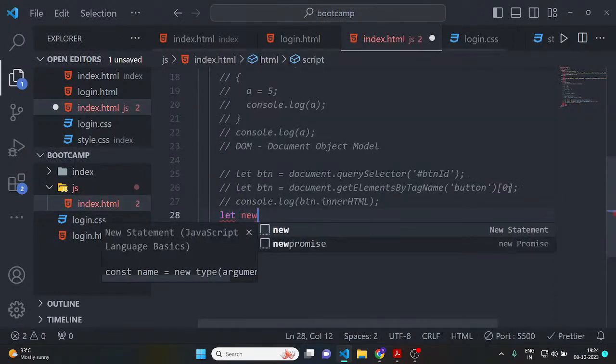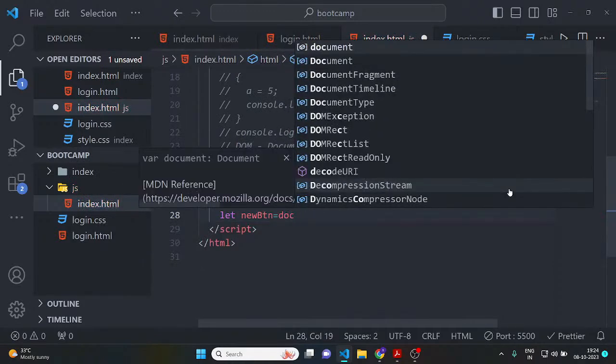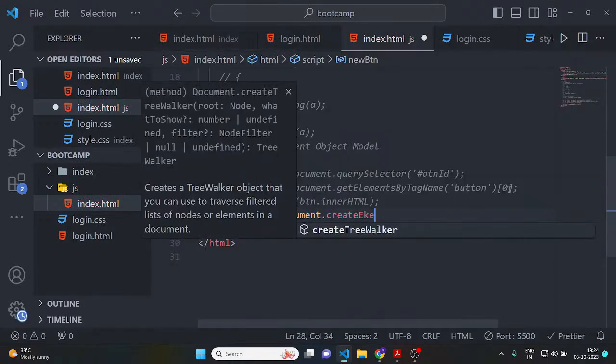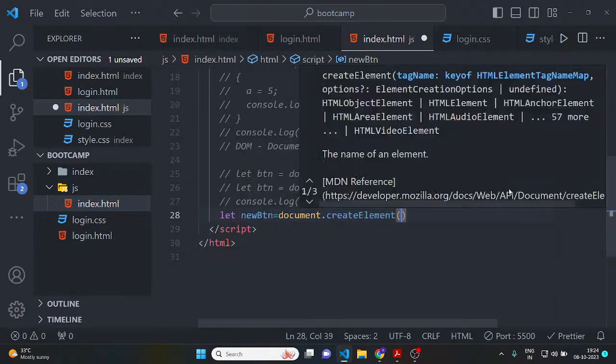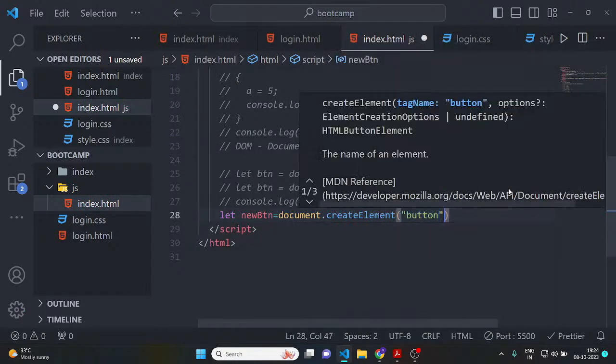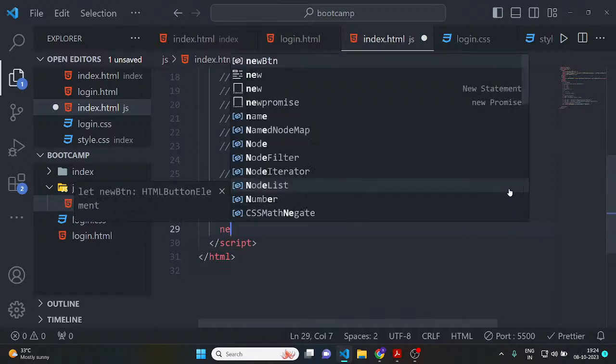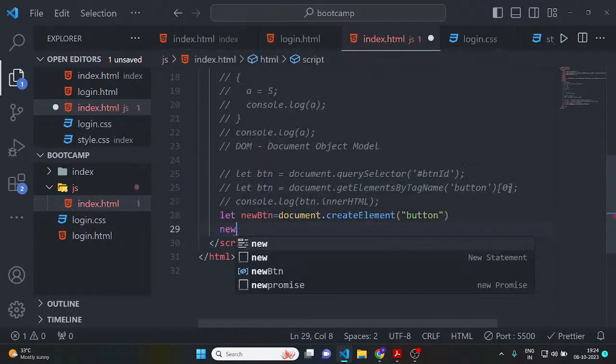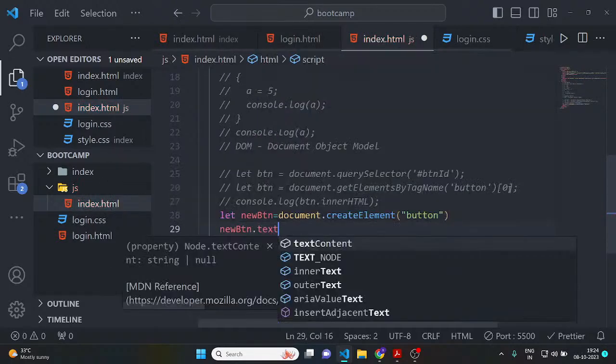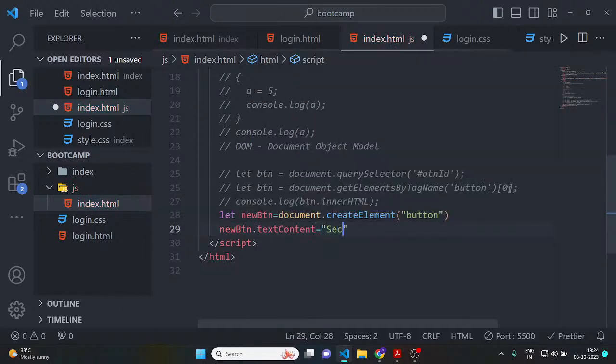Let newBtn = document.createElement of button. I want to create a button. In that newBtn, newBtn.textContent should be second